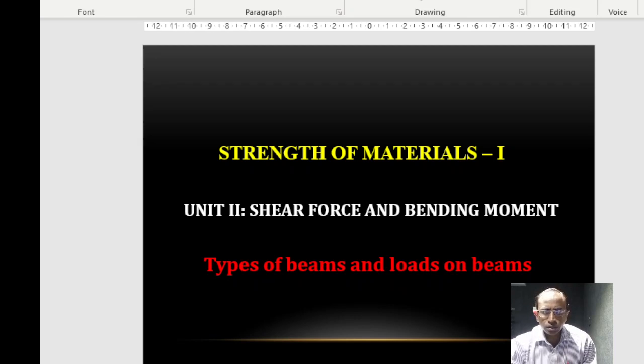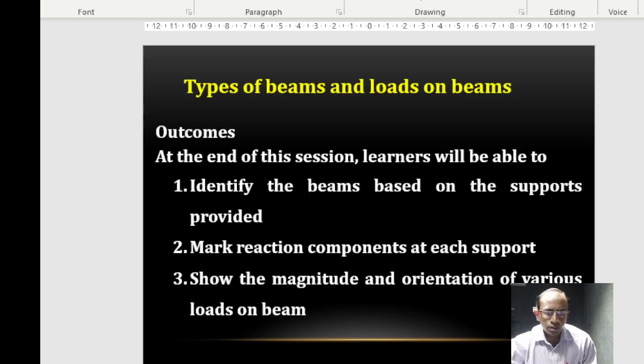Welcome to the short discussion on the topic types of beams and loads on beams. This is part of the shear force and bending moment chapter, which is one of the units in the Strength of Materials 1 course. So, in this particular short discussion,